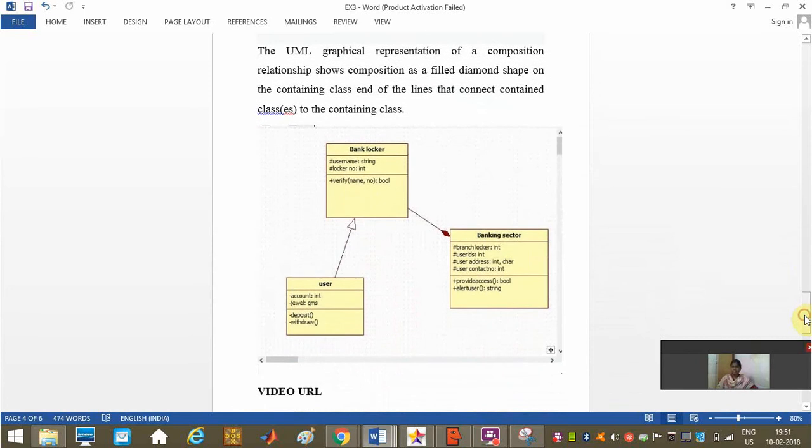Here we have the system, bank locker and jewel locker cum ATM. Bank locker, user and banking sector are the three classes that we have used here to represent our jewel locker cum ATM system. I have used the username and locker number as the attributes, which are of the data types string and int. Verify is the